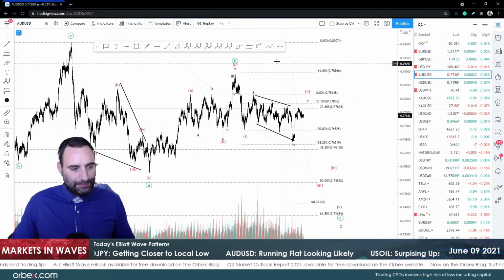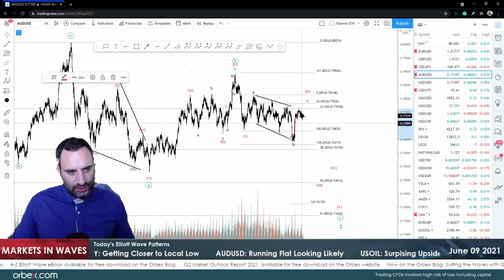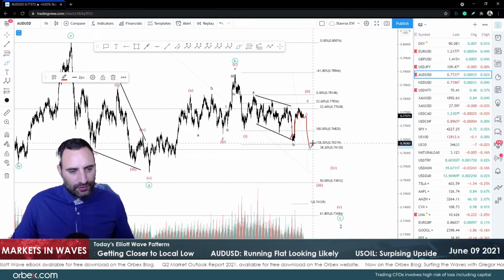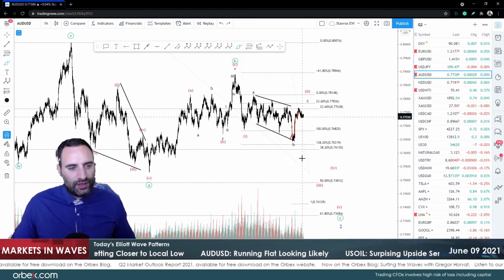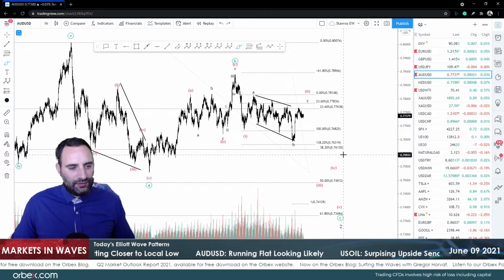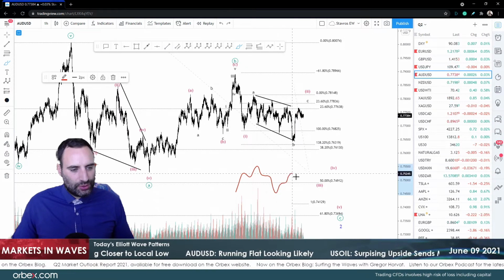Now, it could also be a case, guys, that we finished here, okay, and this is wave 1. We're going to get 2, 3, 4, and 5, because we can read that as a 5-wave move to the upside, which is what wave C needs to be in a flat scenario. ABC, 1, 2, 3, 4, and 5. Okay.